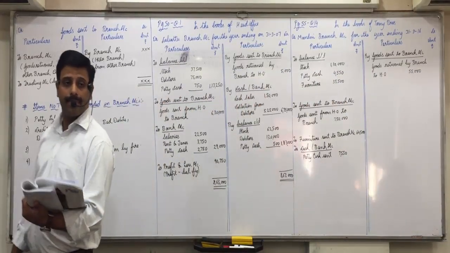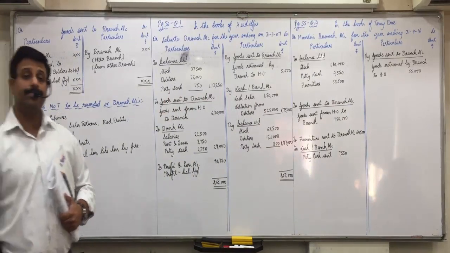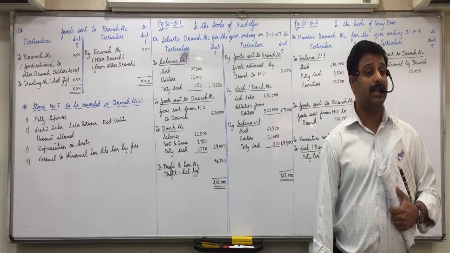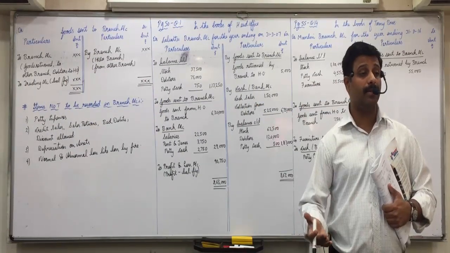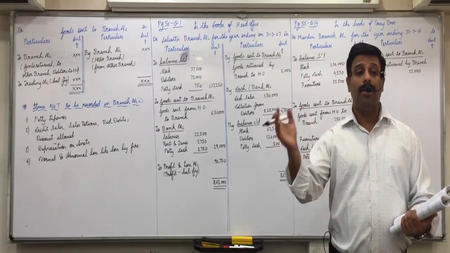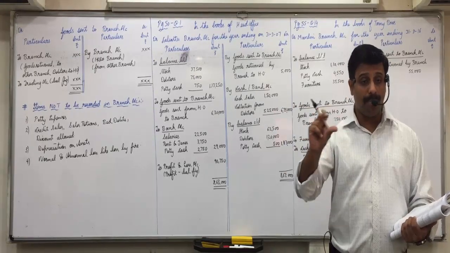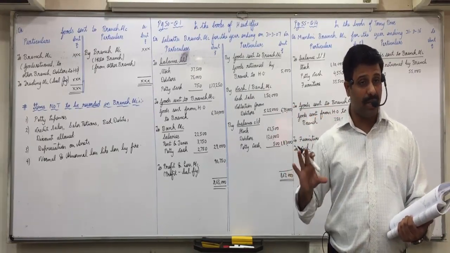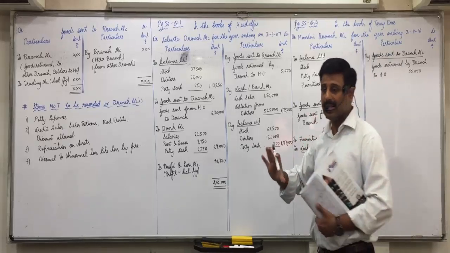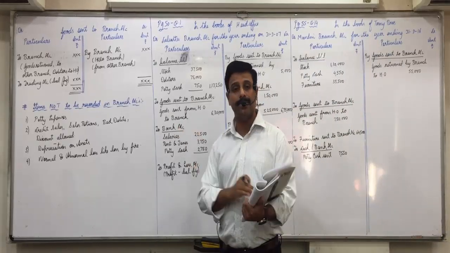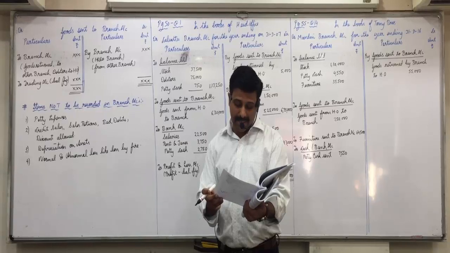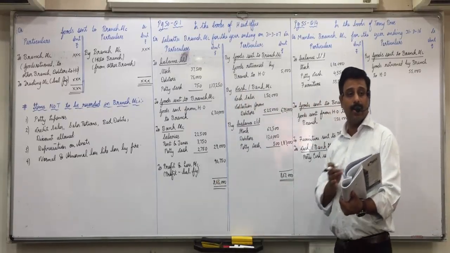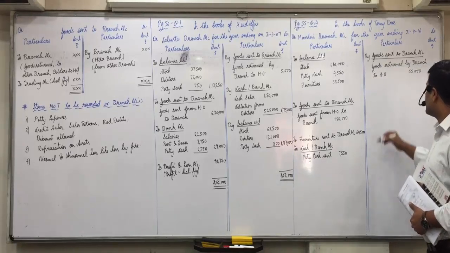Next, sales during the year. Under which heading will sales come? Cash and bank account. On the previous page, it was given at the top that the branch sells goods for cash only. It means it is only cash sales; it does not include credit sales. Do you find it at the top? So the entire sales is cash sales.